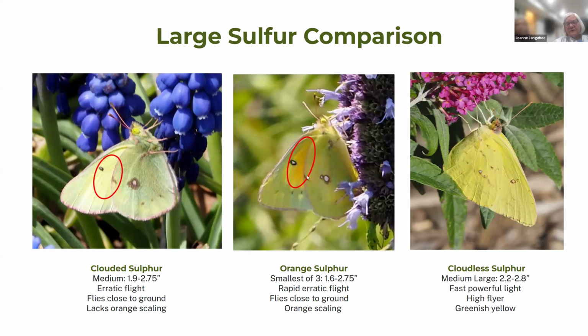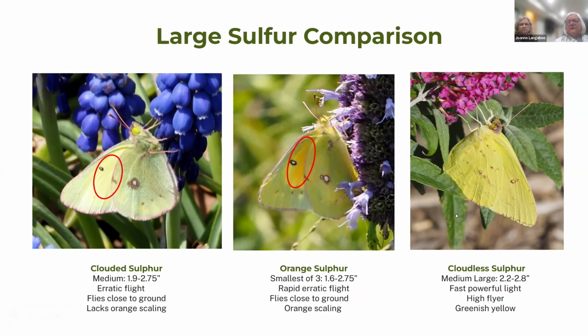The orange sulfur has this orange area right there. The clouded sulfur does not. The other thing that can set them apart, if they will sit still for you long enough, is that the orange sulfur has these black dots right up there, and the clouded does not. They both have erratic flights, so they're really hard to tell apart. If you can see them close enough, you may be able to identify. Clouded usually comes out earlier in the spring than the orange sulfur, and the orange sulfur stays later in the summer for the most part.